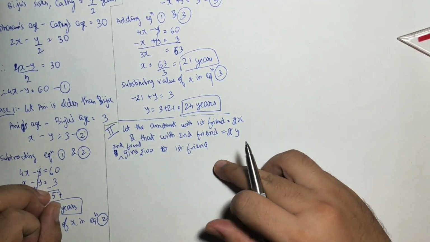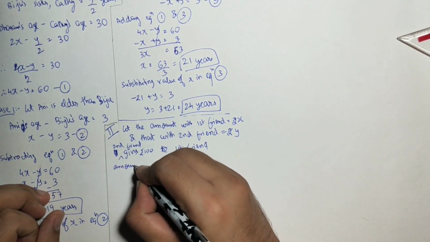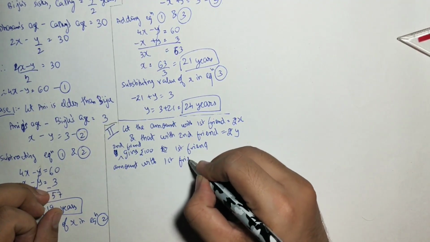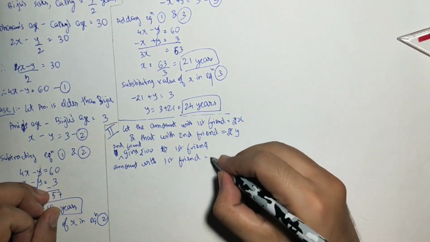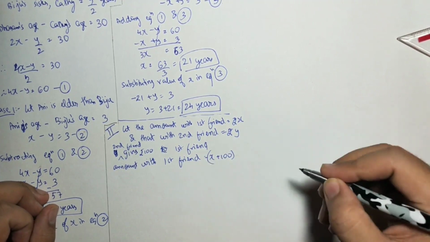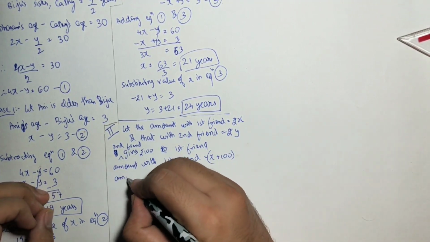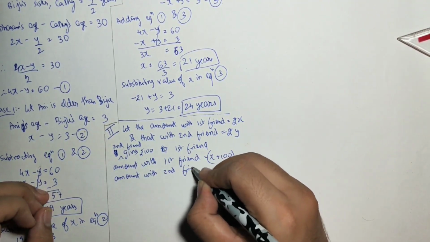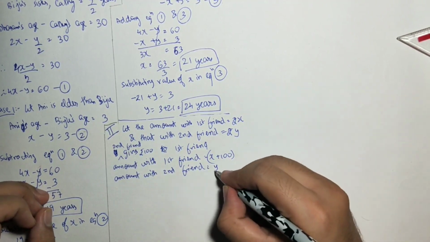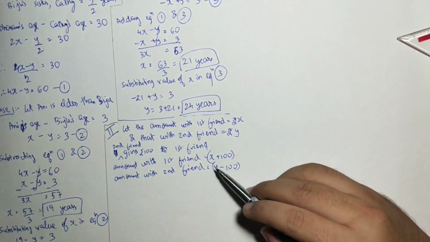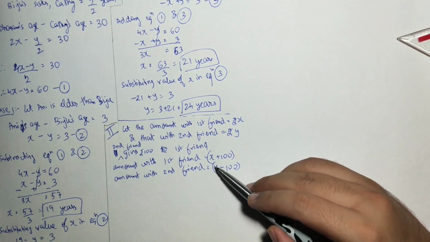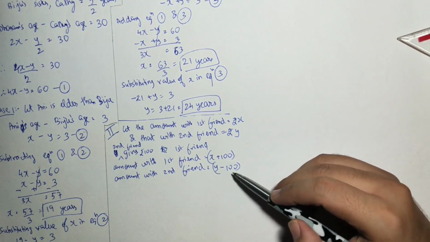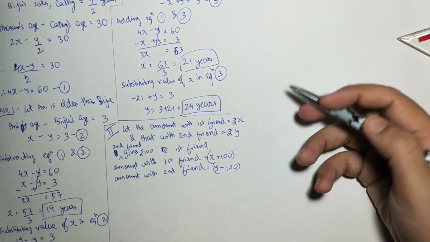If the second friend gives 100 rupees to the first friend, the amount with the first friend, who got the money, will be x plus 100, and the amount with the second friend, who gave the money, will be y minus 100. The initial money they were having were x and y. So if I give 100 rupees to x, he will get x plus 100. But I have taken 100 from y, so he or she will have y minus 100.